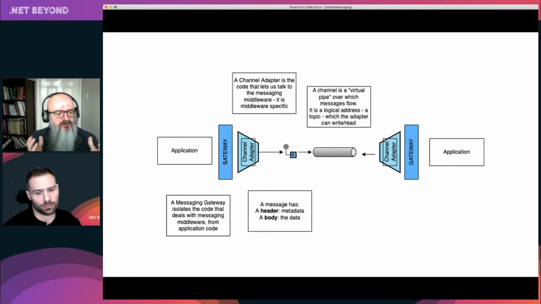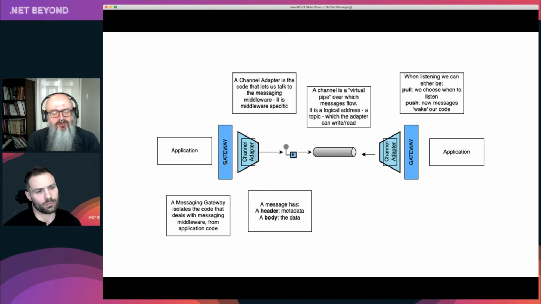We send it over a channel, right? This is a messaging term for what we think of as a virtual pipe. What we mean is that you address a channel by name, sometimes called a topic or a routing key. You say, I want to send to this channel, please. And anyone who wants to listen says, can I listen on this channel, please? You don't need to know the details of TCP/IP connections or everything else. You just need to know, I'm listening to this channel. So effectively you read and write from something that you both agree the name of.